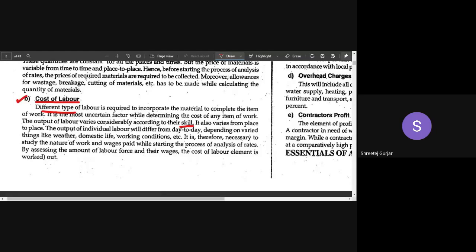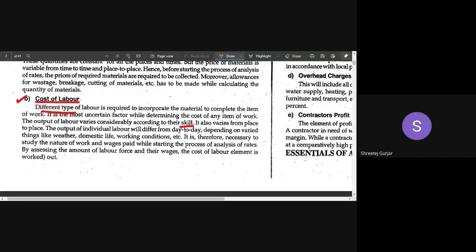So cost of labor also varies from place to place. It differs with time also. Then it varies depending on what the weather condition is, what the domestic life is, what the working condition is. Depending upon that, your cost will also vary. Therefore, it is necessary to study the nature of work and wages paid while starting the process of